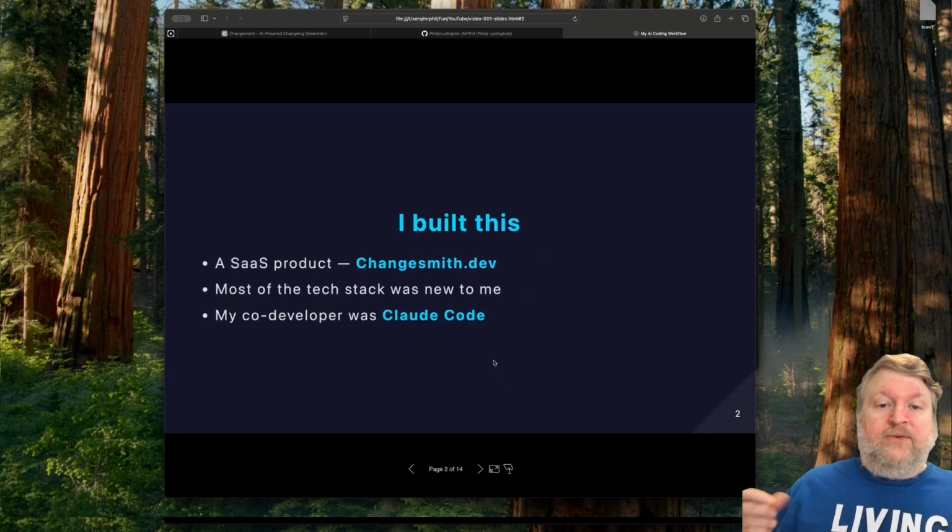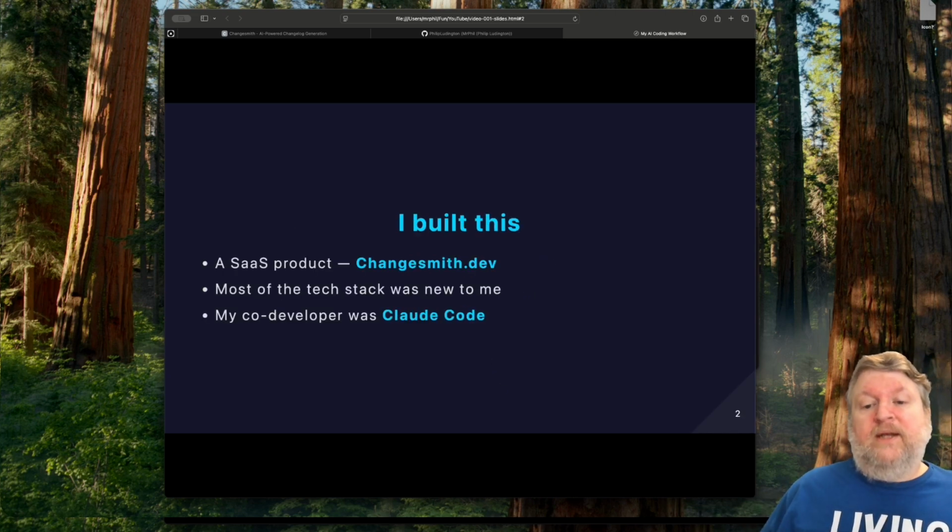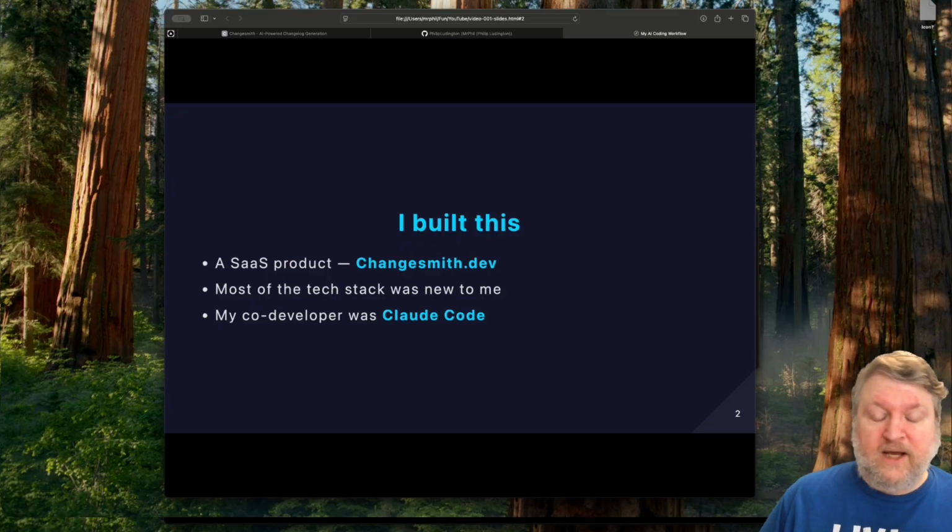So I'm going to go through the workflow, talk it through, and then we'll do a live demo of building an app. So I built a SaaS product. It's called Changesmith.dev. It's pretty simple. It uses AI to go through a repository and develop a change log that is user-facing, and it doesn't have all the roughness that commit messages can have. It actually looks at the commits and the PRs and gets some context so it can better create this thing. So it's all on the web. It logs into GitHub for you, looks at your repo, uses an AI to go through and then publish it